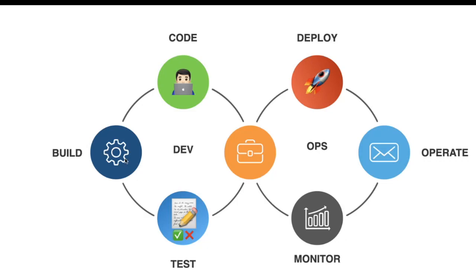where if the build is not done properly, it will go to testing. Then from testing you will get feedback like which test cases are passing or failing. Based on that, it will go back to development. Then the developers will code again, build the software again, and test again. Once all are succeeded, only then will it go to the next stage, like deployment. After deployment, the application will be monitored continuously, and if any bugs or system failures are there, they will be fixed. So this is the basic principle of DevOps,